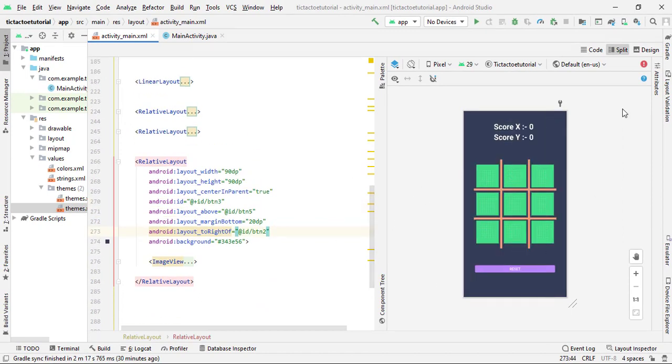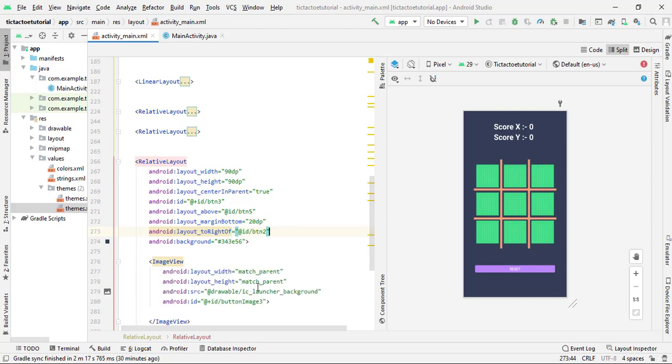So now what we have to do is simply create the Java code. At runtime, after writing the Java code, first of all we have to replace this image source of the image view, because at runtime I need a blank scoreboard, or we can say a blank player board where the user can play the game. So at runtime I will delete this. First of all we have to write the Java code for the logic, how the logic works inside our game, how player X wins, how player O wins, and how I have to show X and also show O.